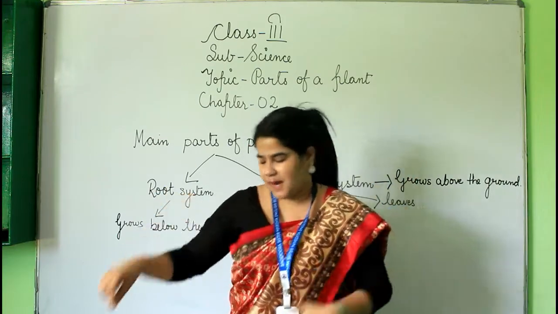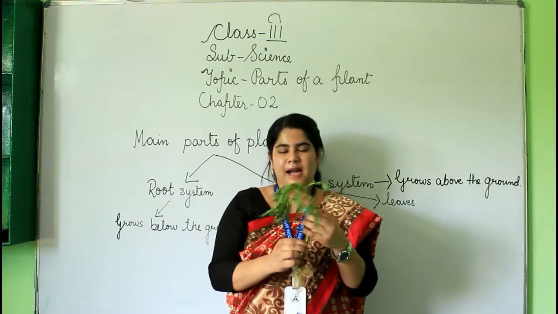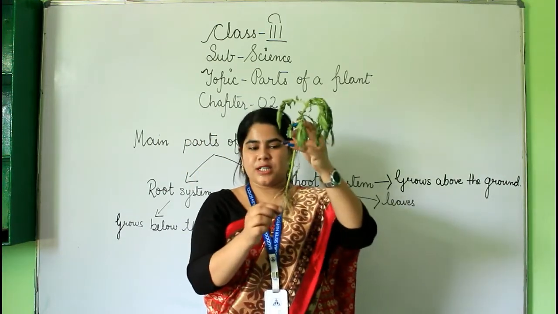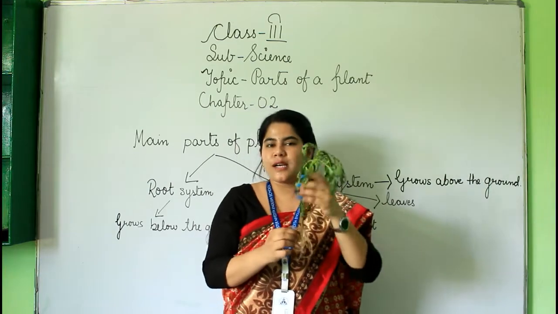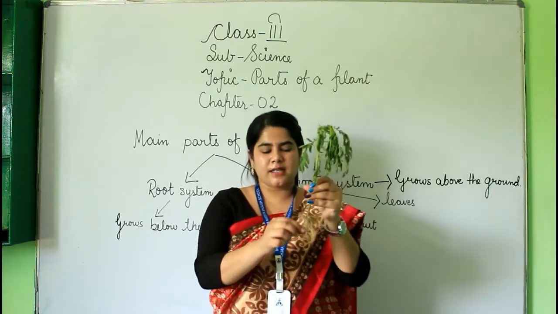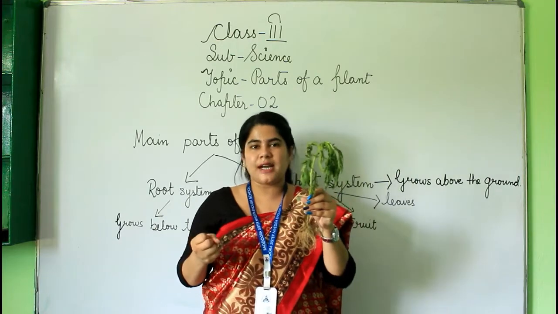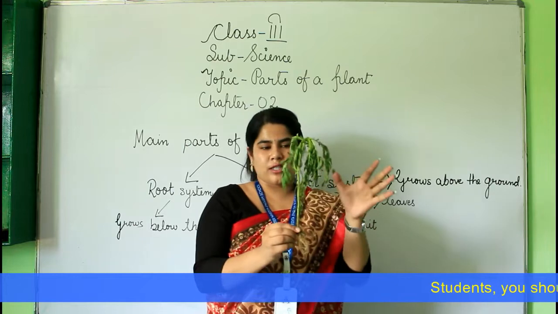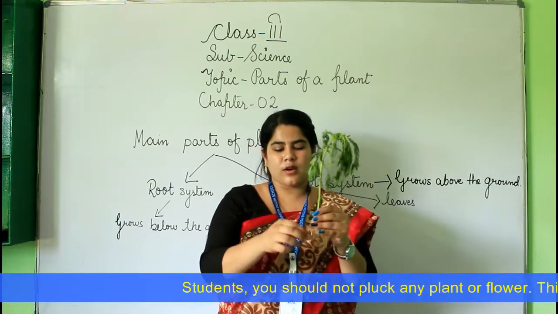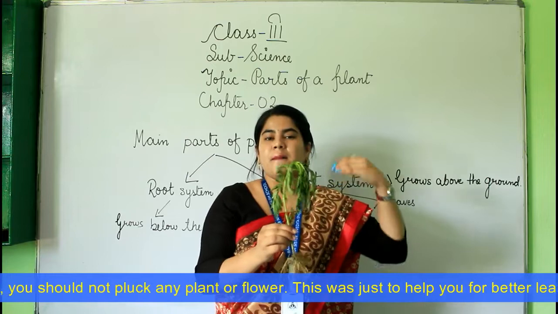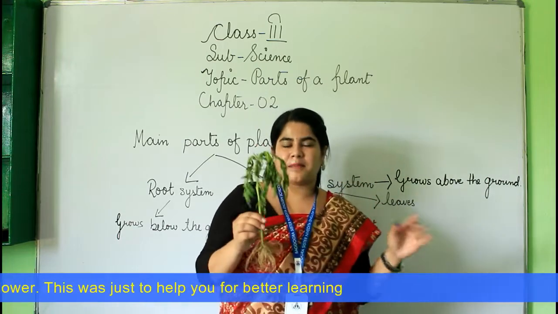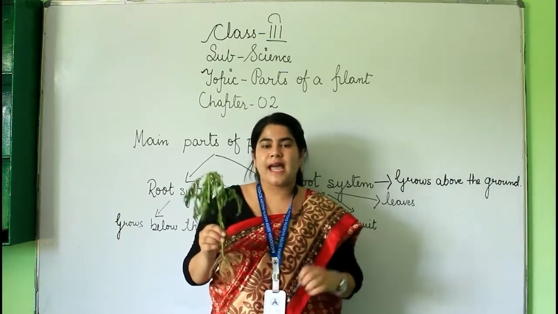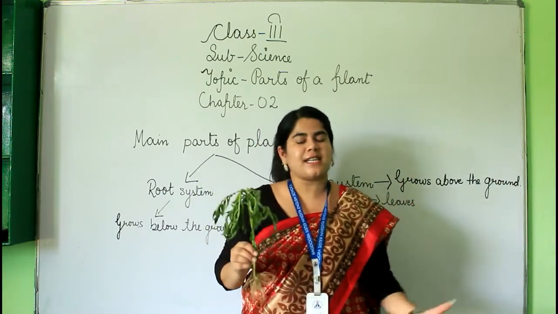Means when we water the plant, suppose when we water the plant, then from where do we water it? From here or from here? We water the plant at the root. So what it does is when we water it, this root absorbs all the water, and with the help of this stem, all the water gets spread away to the leaves and the other parts of a plant. Basically, the function of root is to absorb the water, and it helps the plant to fix in the soil.